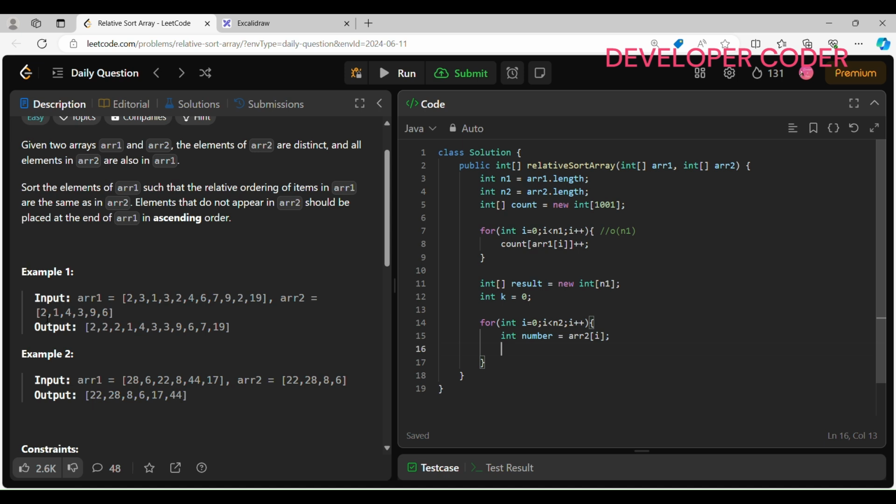Then after that I first pick this number 2. Now I have to calculate the frequency of this 2 in my array 1. How many times is this 2 there in my array 1? Okay, so this is what we need to know, right? So here I am running one loop: while count of this specific number, count of array2[i], is not equal to 0, then in that case